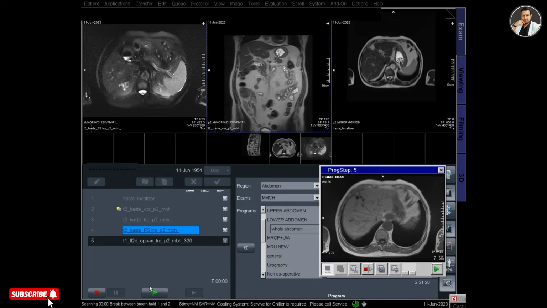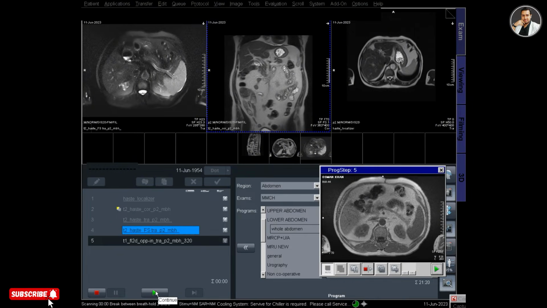and now is the break between the first and second phase, and the patient takes a breath normally, and then again tell the patient to hold his breath, and then press the continue button a second time, and the scan is running and the image appears.